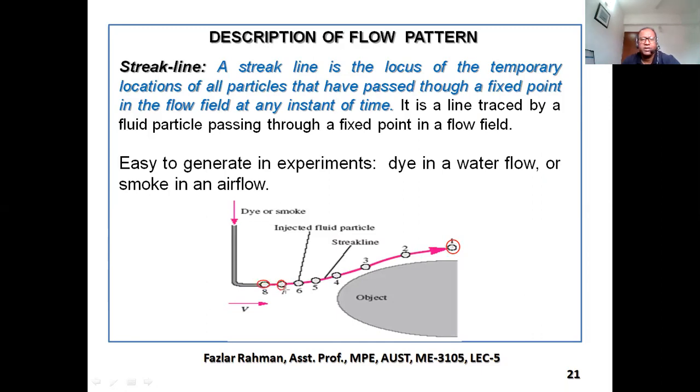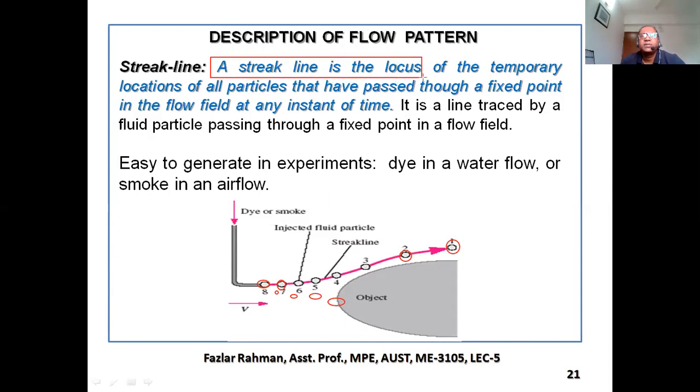Then it came over here, gradually it followed the path, then came over here. The second bubble, that means this one, also followed the same path. It's not like the first bubble follows this path and the second bubble comes along another path. No. So it's saying streak line